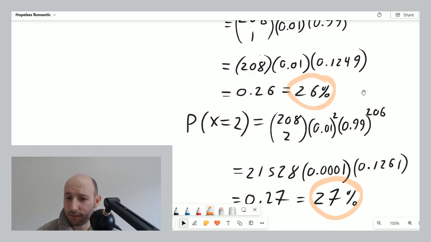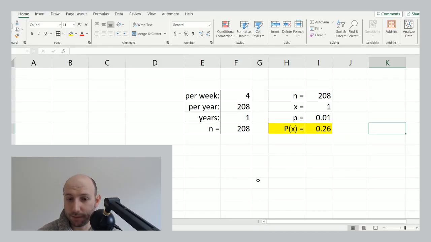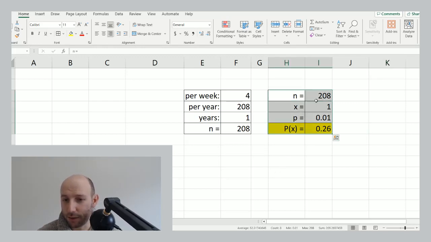Now, what are the chances that they meet 3 people? Now, we could keep on calculating this by hand, but to save us time, we can do it in Excel. So I've set it up here where we can put in the number of times they go out per year, our chances of success, which is right here, and the number of successes we're interested in, and this gives us the probability of that number of successes. So here's the result with 1, 26%. Here's the result with 2,